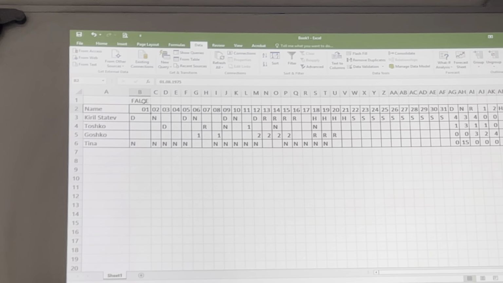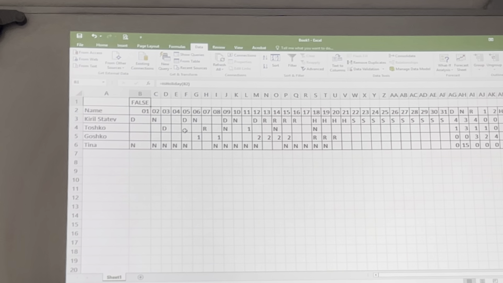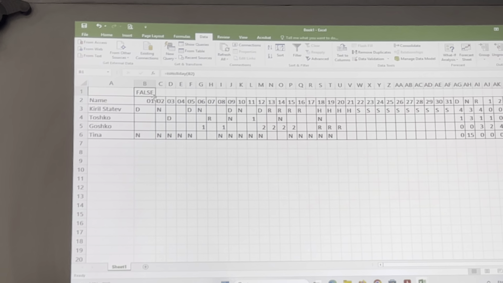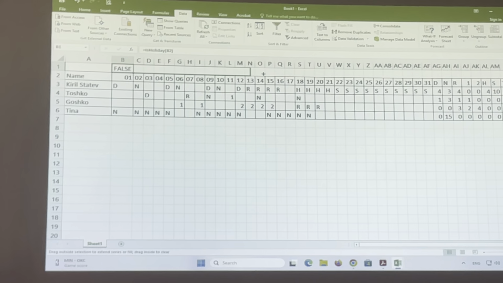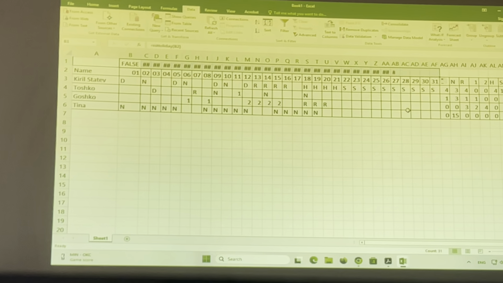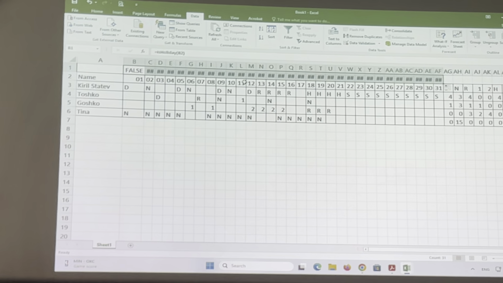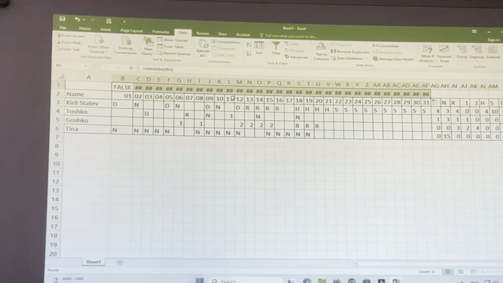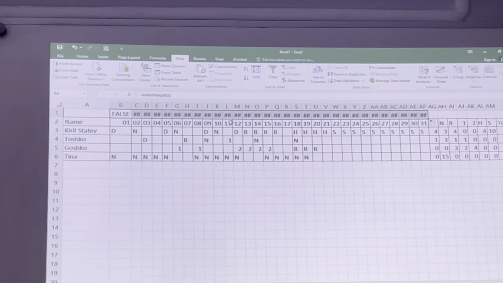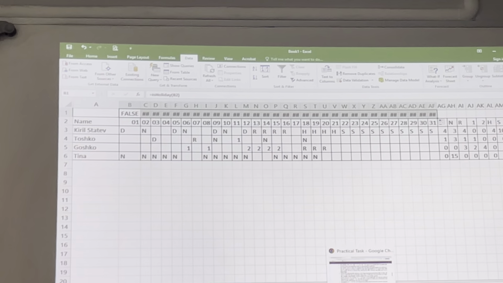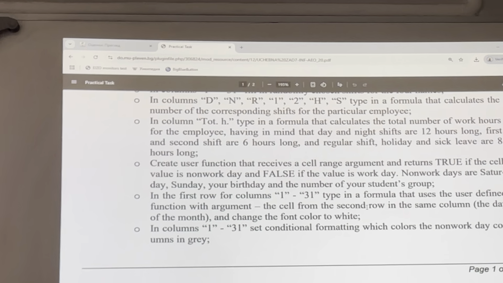After I've written the formula, I have relative addressing in here, so I can copy the formula till the last day of the month and get the results. Right now I'm getting pound characters because there's not enough space to display true or false as a word in these cells. So in the assignment it says hide these